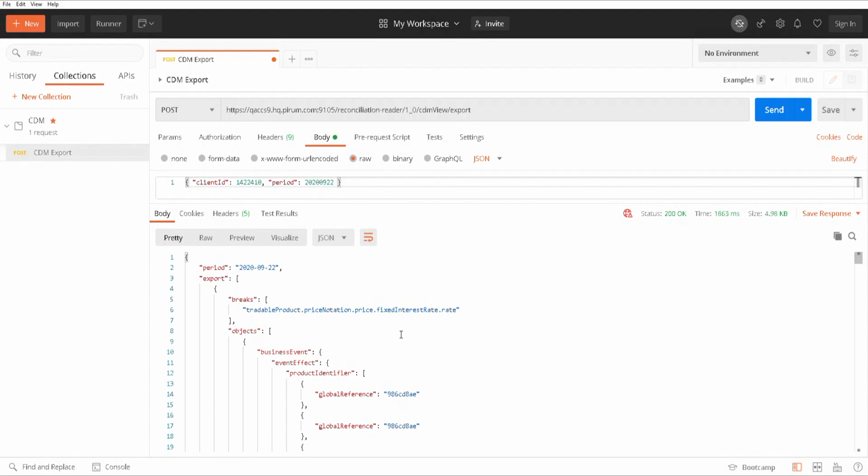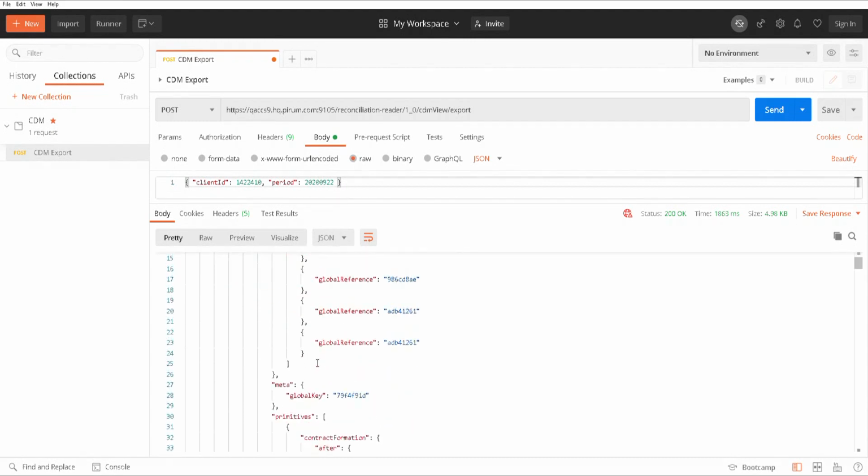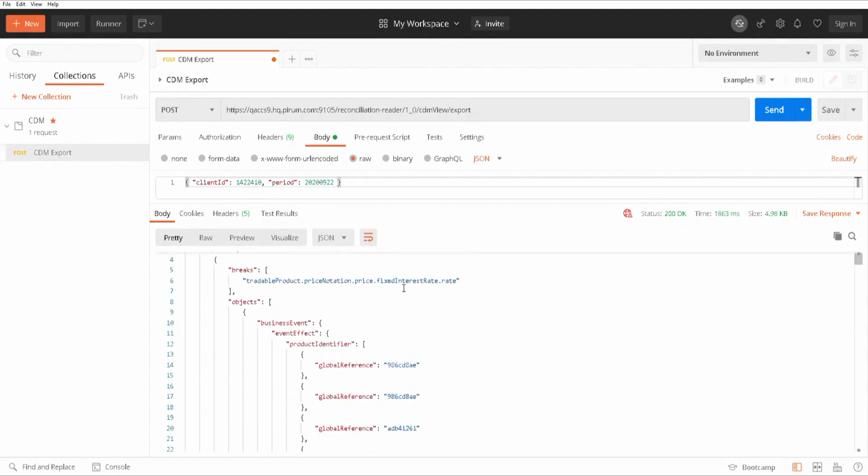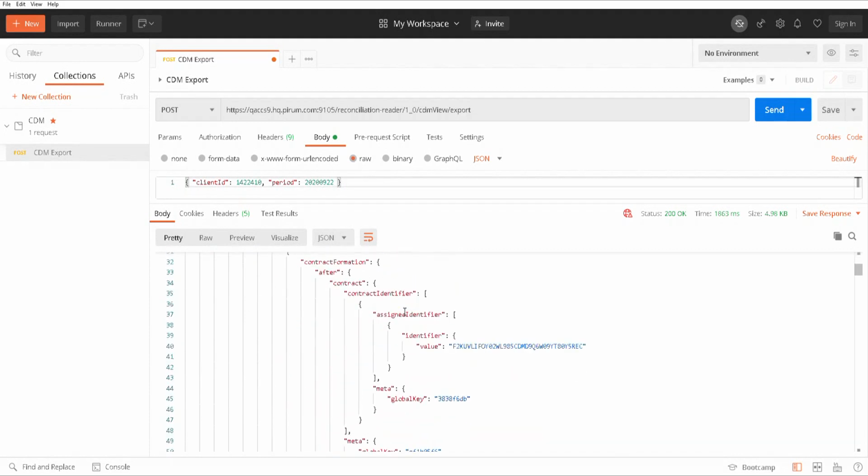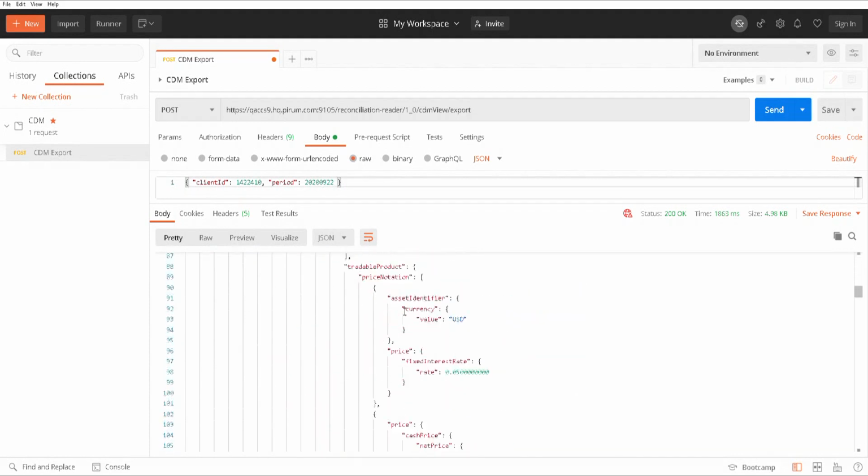This is like a JSON path. It's a path that describes which property is broken inside the CDM objects. And then what we have here is the CDM objects in groups. This is the same output that you saw in that JSON file because it's the same trades. And as you can see,